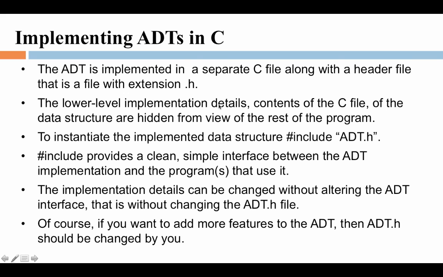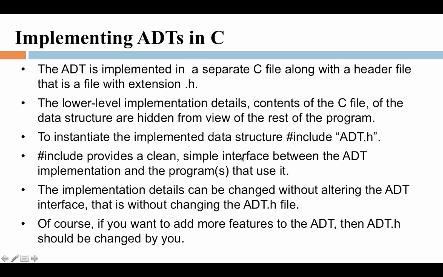So what is the summary of this slide? If you're going to implement an abstract data type in the C programming language, what you should do is identify the methods and the data items in the abstract data type. You put the data items in a .h file. You put the definitions of the methods, in other words the C functions which are going to implement your different operations, into a C file, and